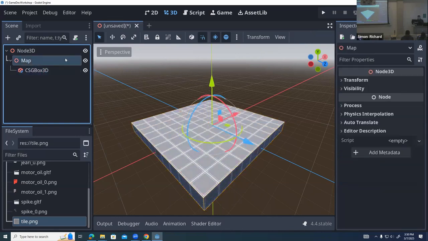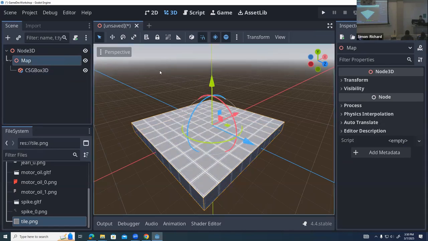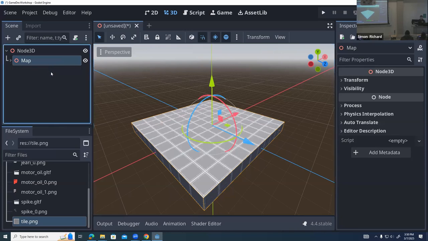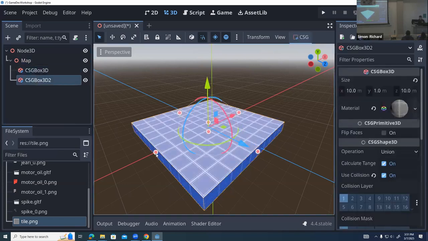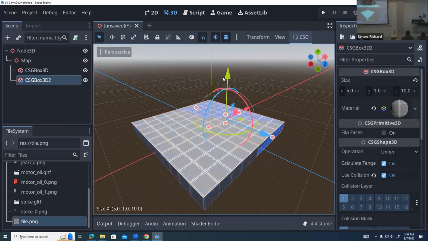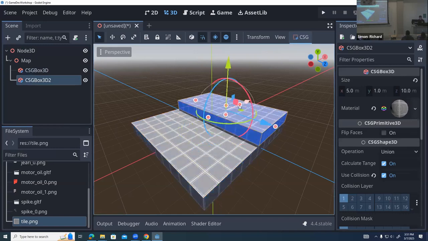Another thing nodes can be used for is kind of like folders for your scene for organizational reasons. If we have a bunch of CSG boxes in our scene, we don't want to be scrolling up and down through this every time we want to access something. So we could just collapse this and know that all of our terrain exists in this node. For example, if you Control D on this, it'll make a second box. We could bring it in, move it up,